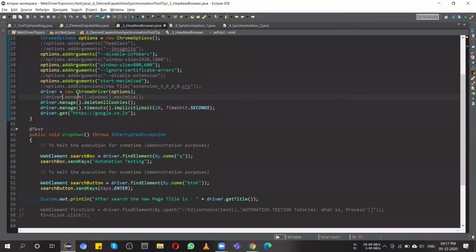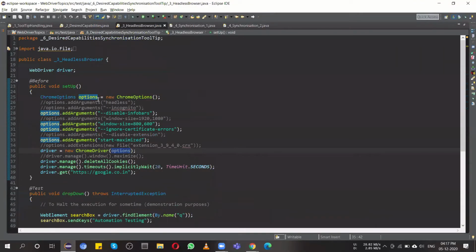Then you have to give the actual options into the constructor as we are using ChromeOptions. This is not working actually, and yeah, I'll have to uncomment this.